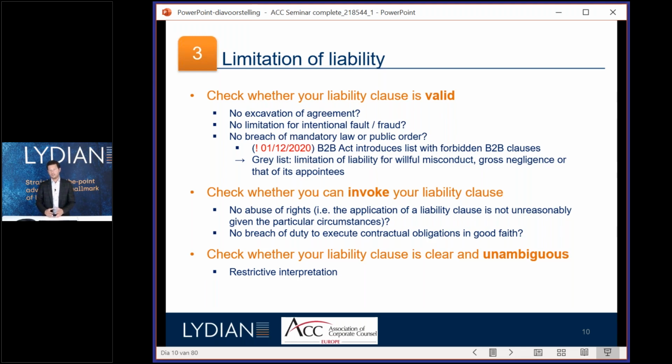For instance, if there are damages, and we have dealt with such matters where there were damages of more than 2 million euros, and there was a limitation of liability to the amount of the invoice, and the amount of the invoice was only 2,000 euros. If you have to present that in court, then experience teaches us that the court is quite reluctant to apply this liability clause. It could be valid in principle, but in this matter, it will not be valid. This is also something to be aware of.